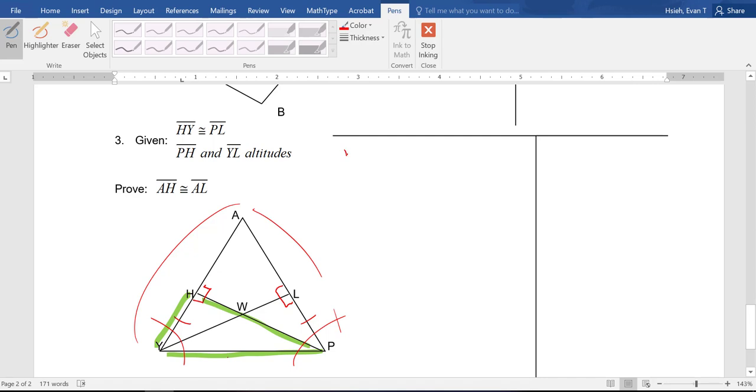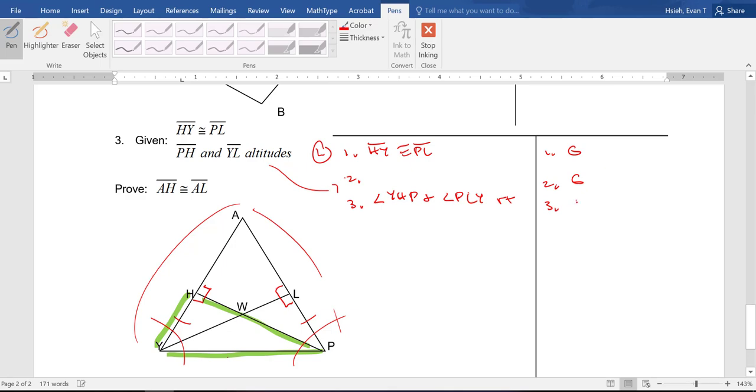Okay, so step 1, HY is congruent to PL. That's given. That's going to give me my legs. Step 2, I have altitudes. Step 3, because I have altitudes, I have right angles. So angle YHP and angle PLY are right angles